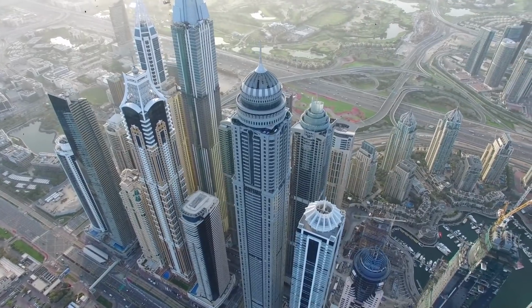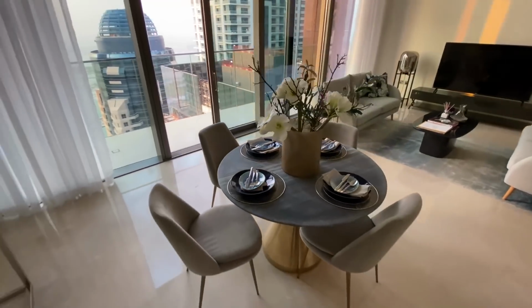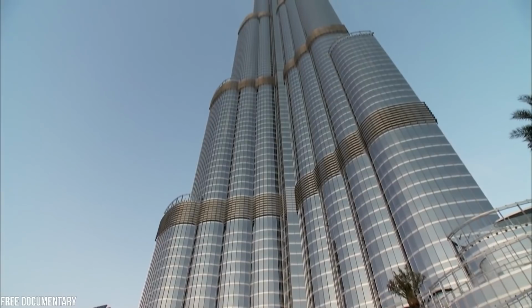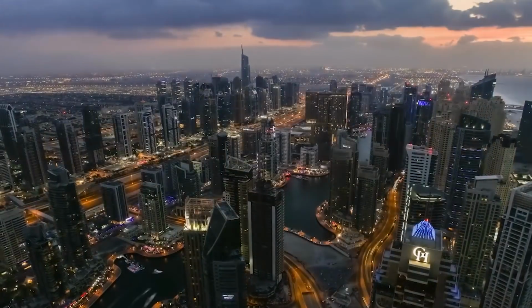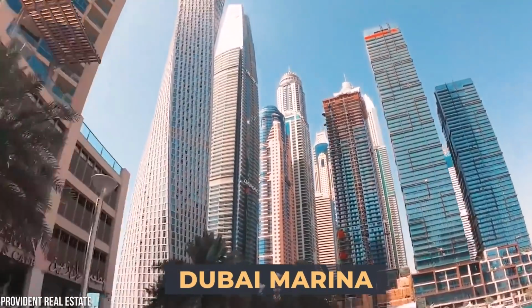We'll examine its history and the feats that went into constructing it. We'll also see the incredible features hidden within. Finally, we'll then explore some of the other most expensive and impressive buildings within the United Arab Emirates. So let's get started. The Princess Tower is actually based in the Dubai Marina in the UAE city and overlooks